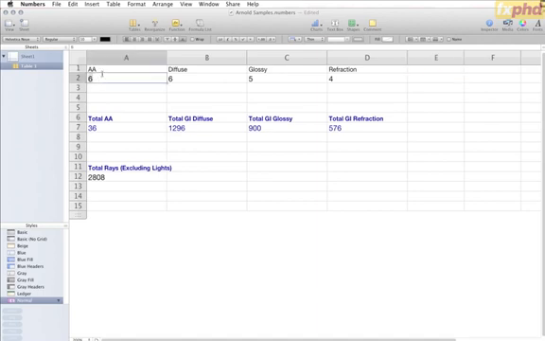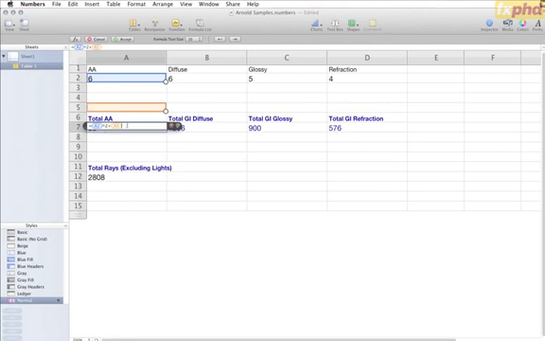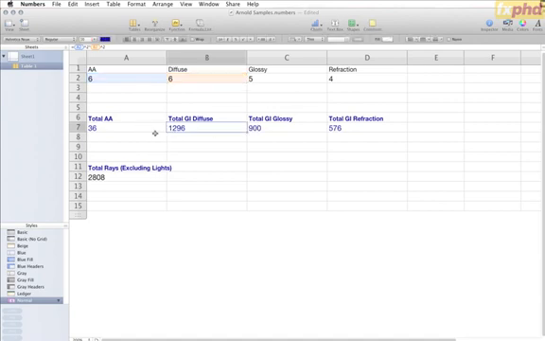AA is basically the number I put in, squared. So 6 squared gives us a value of 36. The diffuse, which we added as 6, is taking the diffuse value of 6 and squaring it, and then timesing that by the AAs, which are then squared as well. So that's giving us